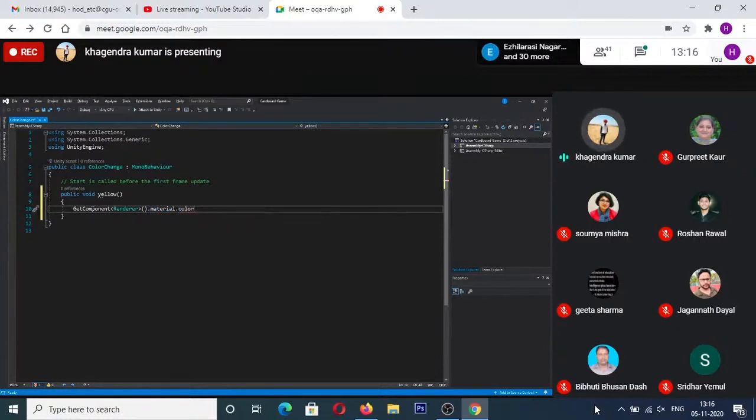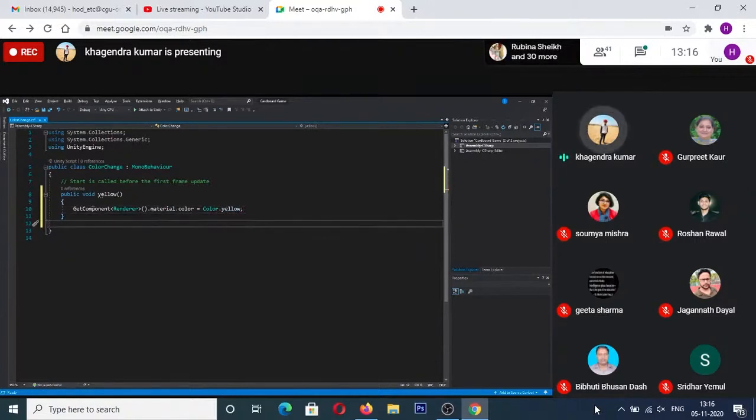So I'm going to access the color, and I can define the color to be changing. Now I don't know what color options and color values I have available. So I'm going to press dot and look at what values I have over here. If I look into this, I can see there is a yellow option available to me. So I can just select yellow and close it.